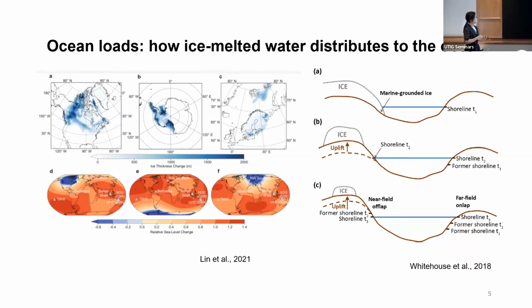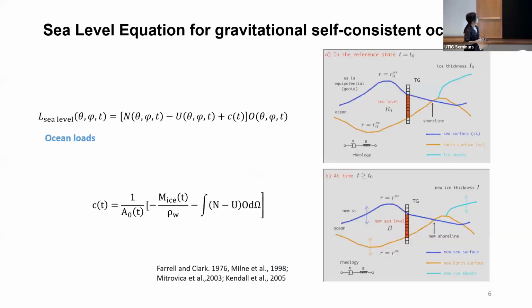So how do we model all of those complicated ocean loads, the ocean parts of the forces, for the GIA model? We solve the sea level equation for the gravitationally self-consistent ocean. This theory is very classic from Farrell and Clark, and then improved by Mitrovica, Milne, Vega, and Kendall. So they have a very robust foundation for the GIA theory. For the equation here,